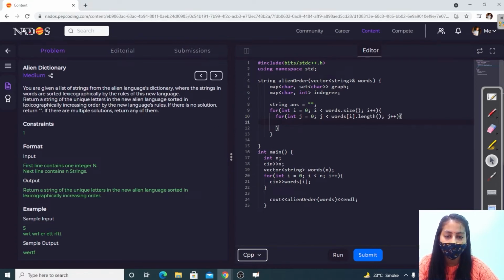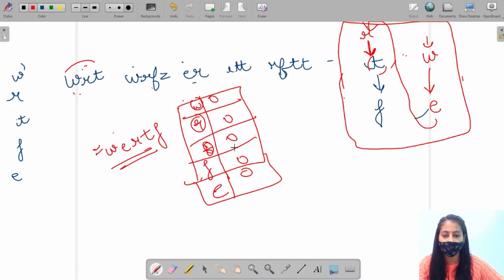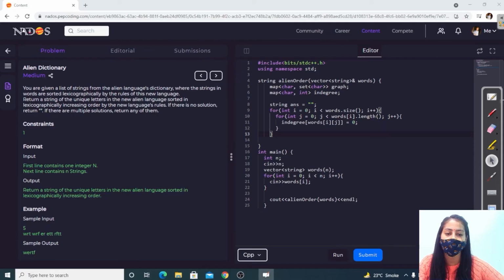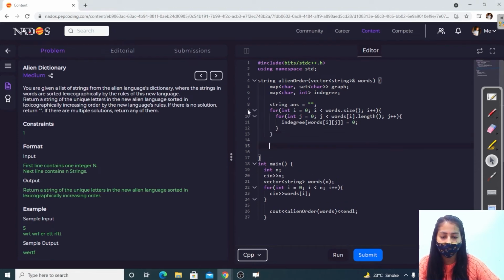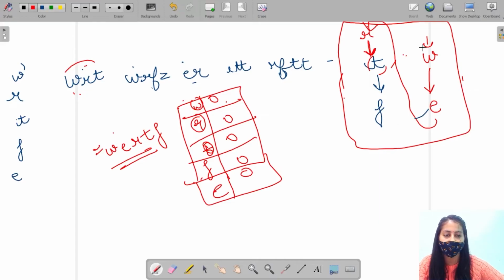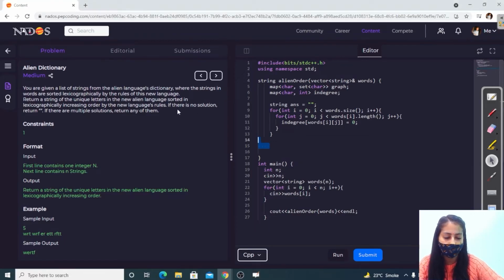So we are going to add this to our in-degree map, the jth character, marking the in-degree of all to 0, right? So this will create a map like this and mark the degree of all the characters to 0, right? Next, the next step is that we have to create this graph, right? So let's move to that part.